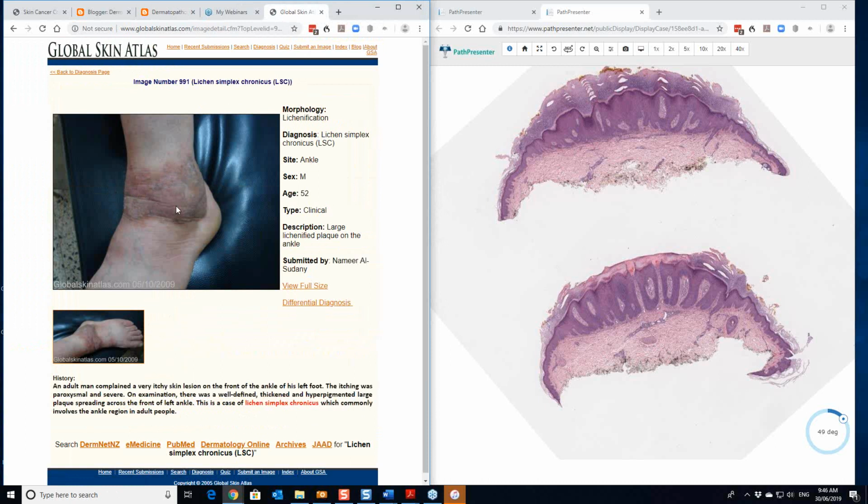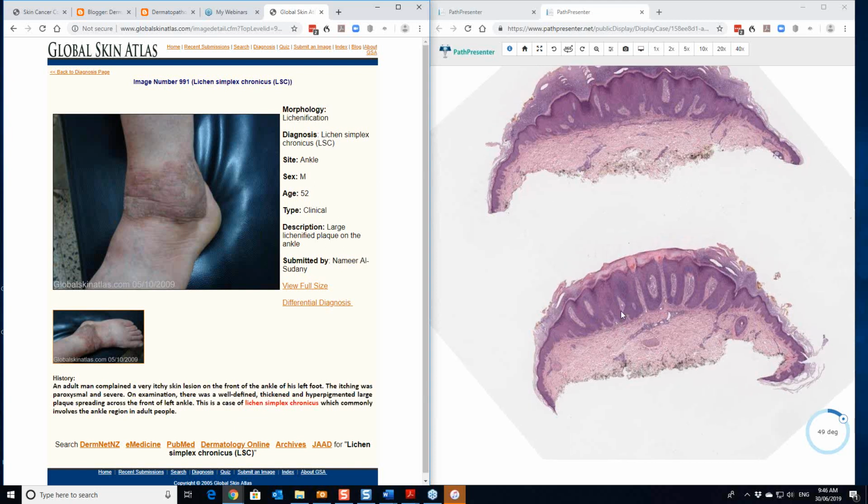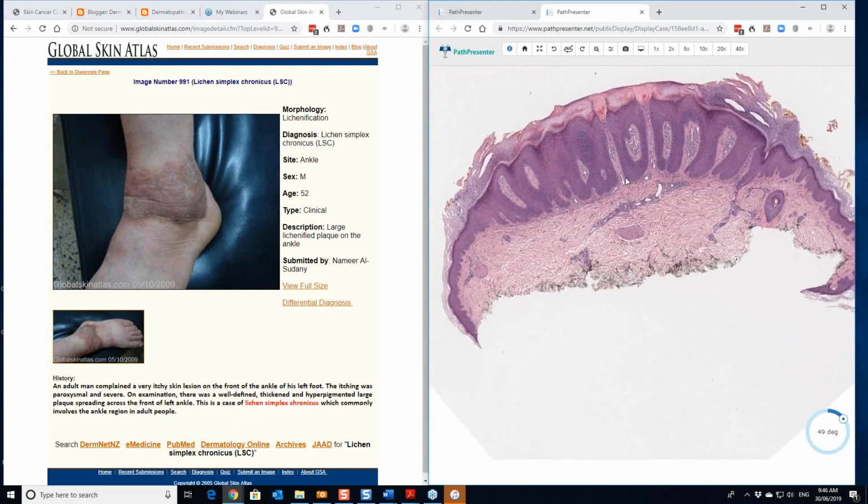Now, psoriasis in the lower legs can be itchy. You can imagine several lesions like this. You might not be sure whether it's psoriasis or whether it's lichen simplex chronicus. So how does the pathology differ? Well, this is a pathology of lichen simplex chronicus. And if you look here,